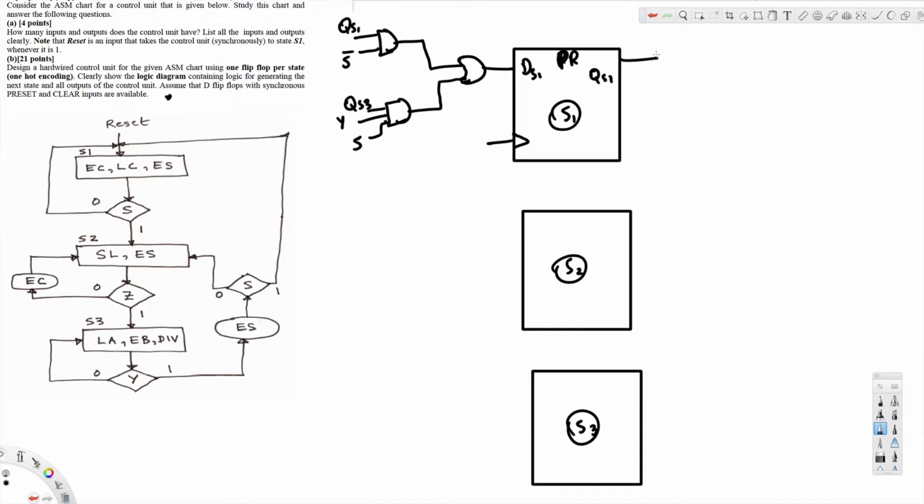Here we will have a load counter, clear, and S2 has DS2, QS2. This one is PR, SL. The inputs are an OR gate